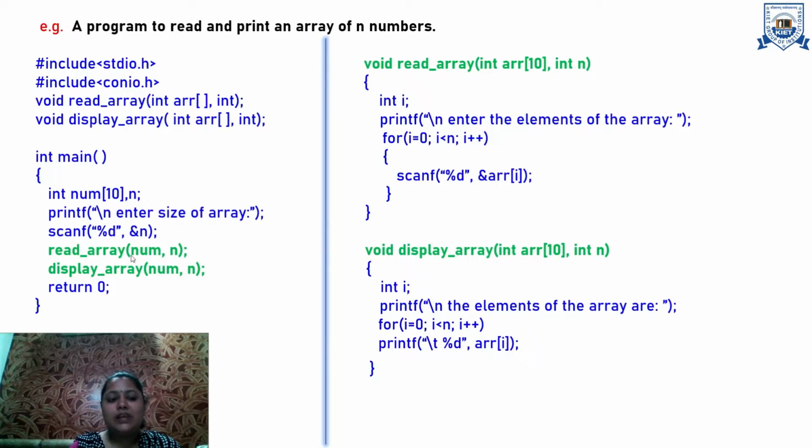So this is how we can pass an array to a function. Either you can pass it through the address, or you can pass the data value, or you can pass the entire array into the function, depending upon what you want to do. All right, so this is how we can pass the entire array into a function.